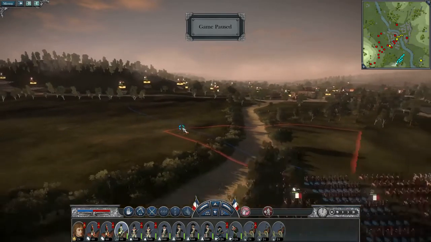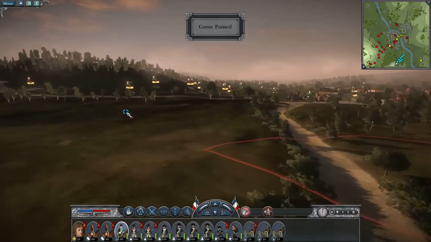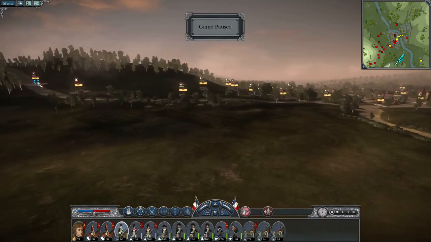Oh, that was an accident here. Just a second. Let me stop them. There we go. I accidentally sent them forward. Anyway, so it looks like they just are sort of scattered because they have Landwehr,